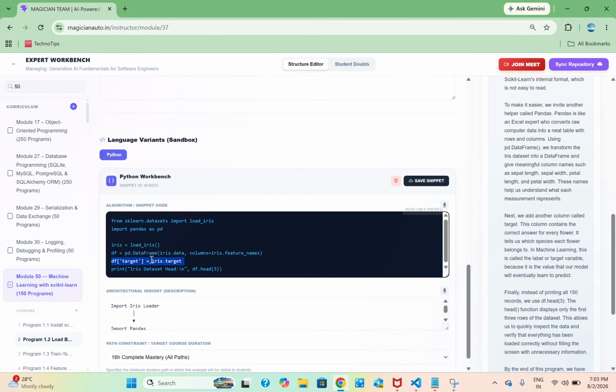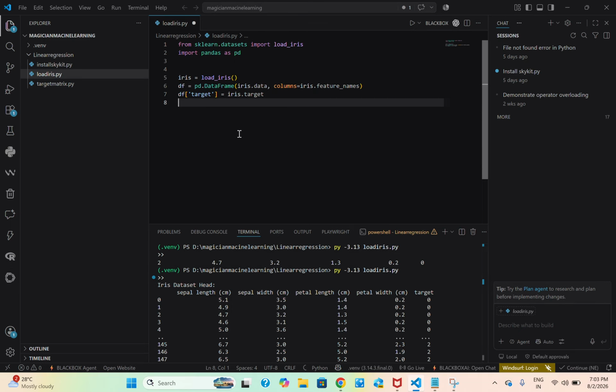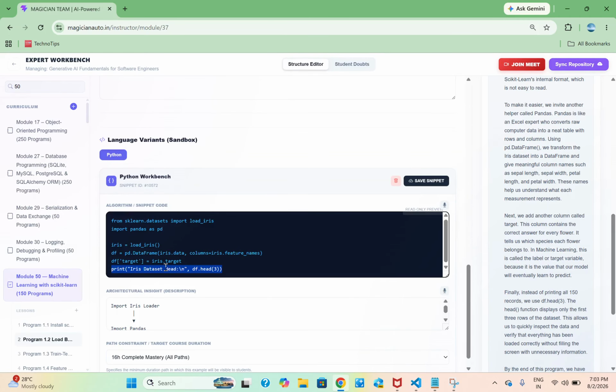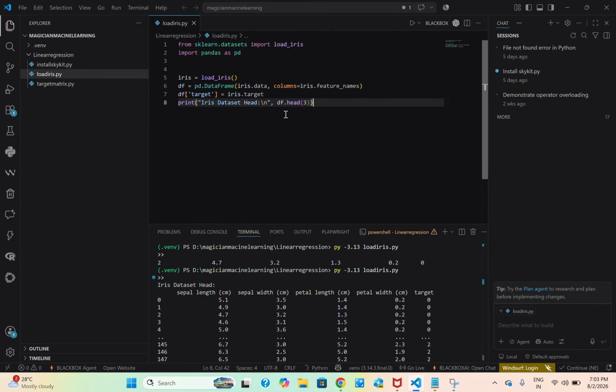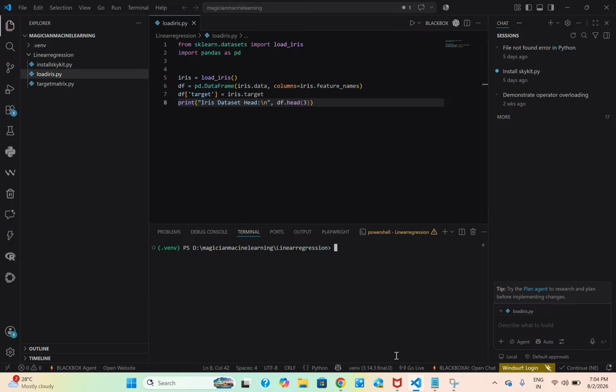Once this is done, as we are exploring machine learning, one type is supervised learning. In supervised learning, the model has to be trained by seeing the correct answers. So in this target column, the correct answers about the flowers will be stored. We are appending that to this data frame. Now we are going to print this iris dataset. We are using the head function with 3. The meaning of this line is: please print 3 rows of the given iris database. Now we will run the program.